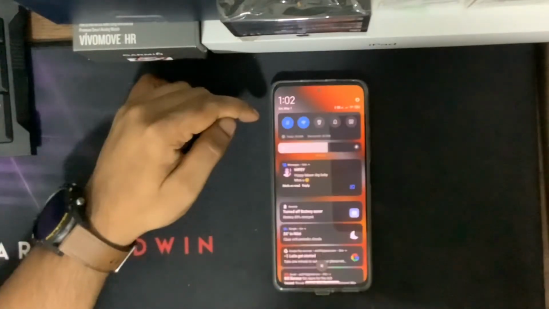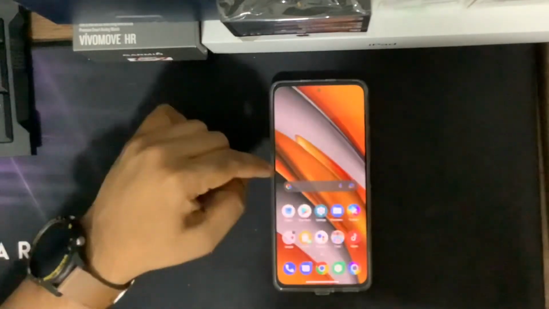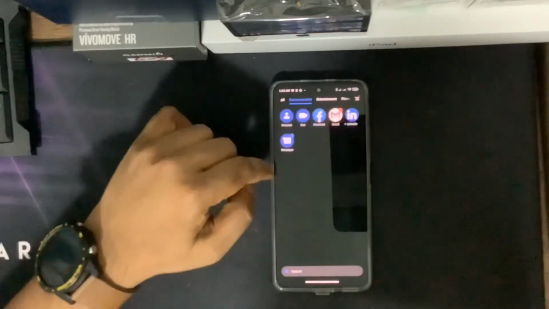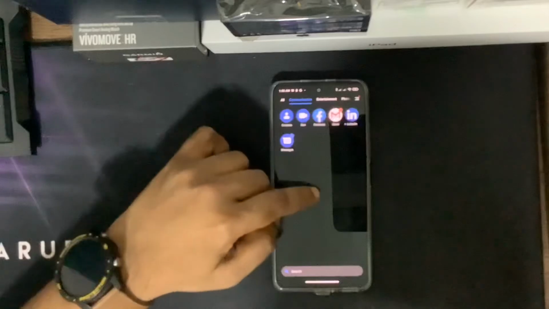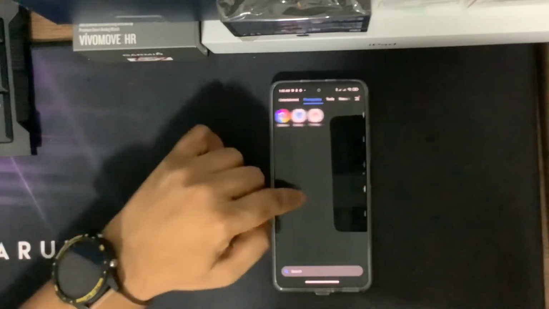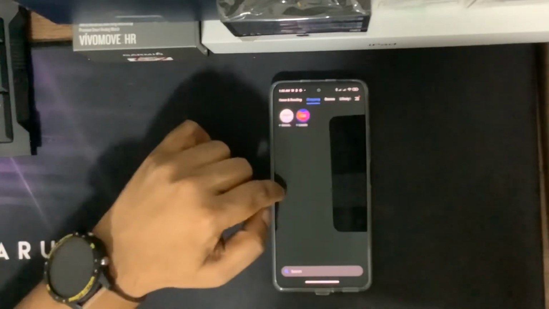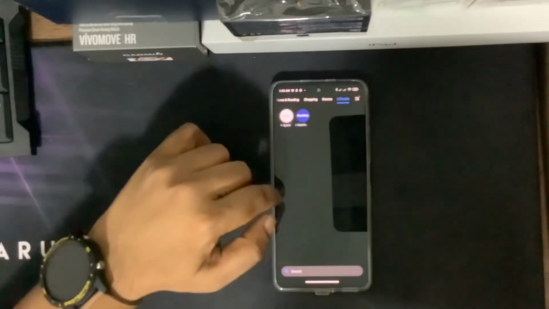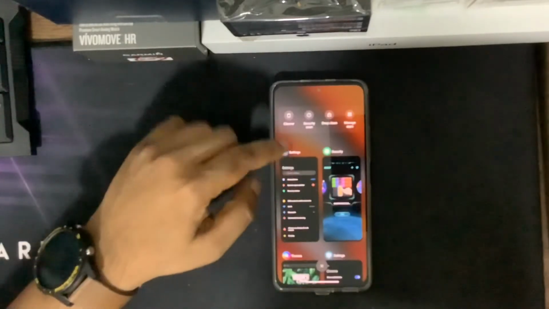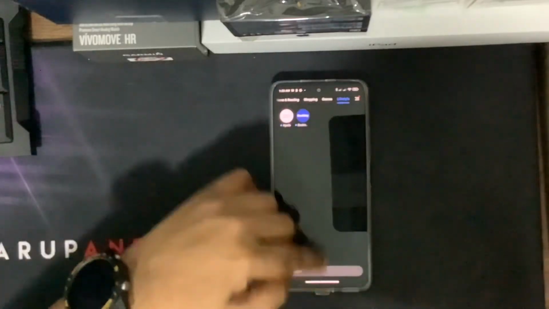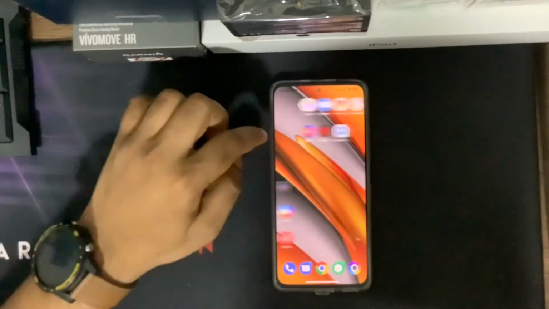So you can see now everything is in dark mode. Okay, it's more beautiful this way. And they've also categorized all your apps in your app launcher: photography, tools, news and reading, shopping, games. So we don't have to do those things. So MIUI is now getting improved and improved 2 times.